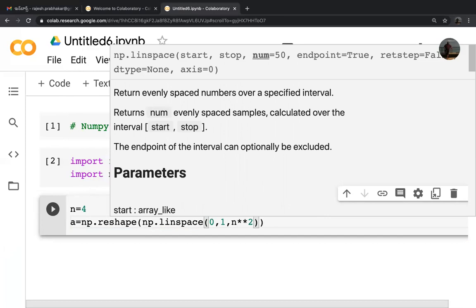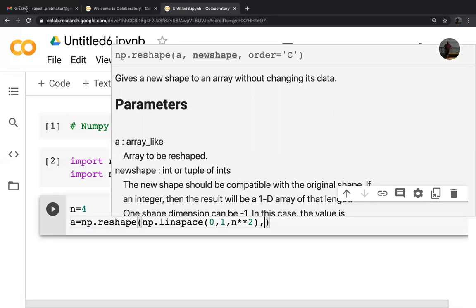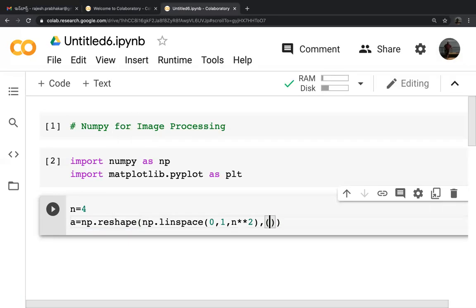To the power of is represented by stars: n star star 2 comma in bracket n comma n, a matrix. So A is equal to np dot reshape open bracket np dot linspace.